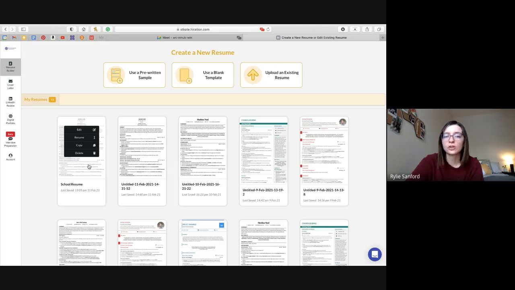Say you have two similar jobs, you just want to switch out the wording for each of them. You can go on and do that, or you can delete the entire thing. Again, to use a blank template, it'll just have all of those sections, but they're blank for you to fill in with whatever you think is necessary for your resume. And then you can also upload an existing resume and it'll download that into whatever format and whatever design you choose. And then over on this side, it goes over pretty much everything that Career Activator offers.